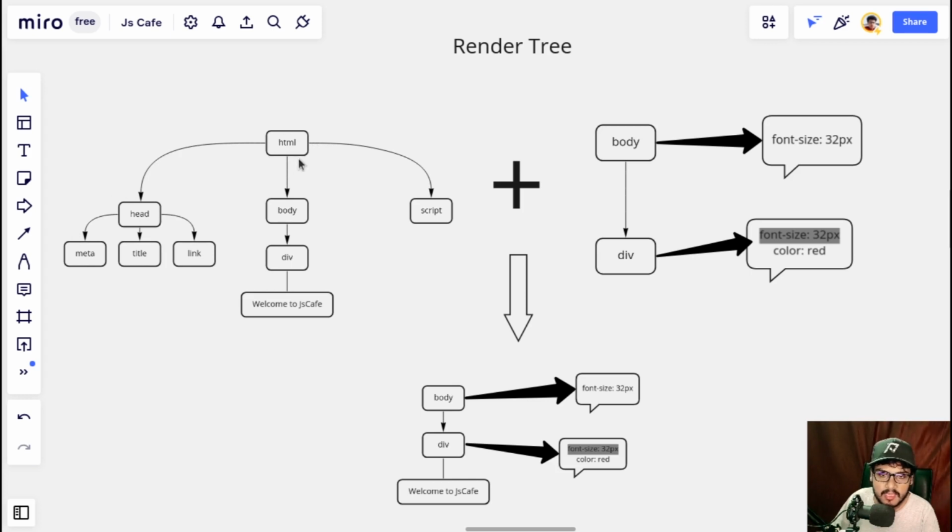Whatever this HTML tag is also not contributing, so this is omitted. This script tag is also not contributing, so it is omitted. The only part that we take out from the DOM is this body part. We take this body part, we add it over here, and whenever we start mapping these nodes,